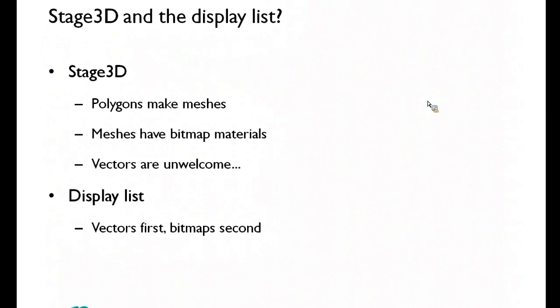Stage3D doesn't. It needs triangles. They're simpler and easier to use. So if you're trying to import models which are made with square polygons, you're going to have to get them into Blender or 3D Studio Max or something like this, and convert all of the squares into triangles,